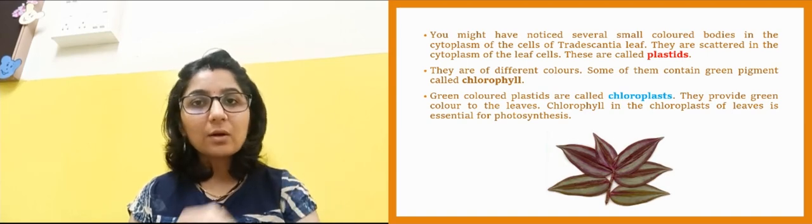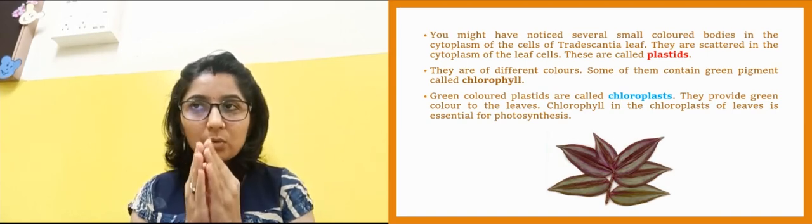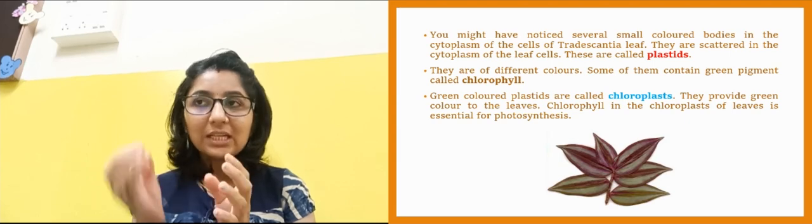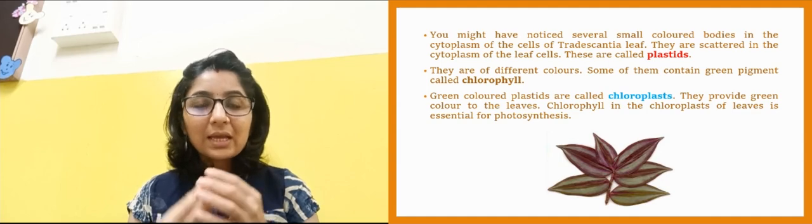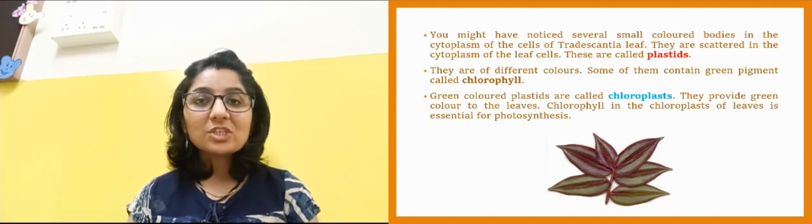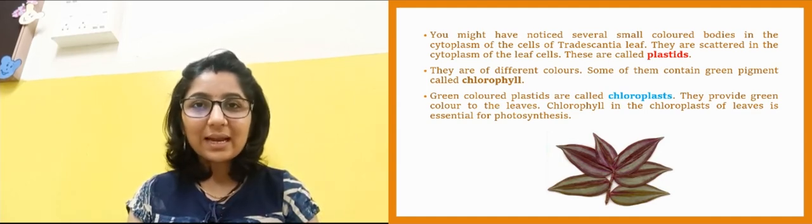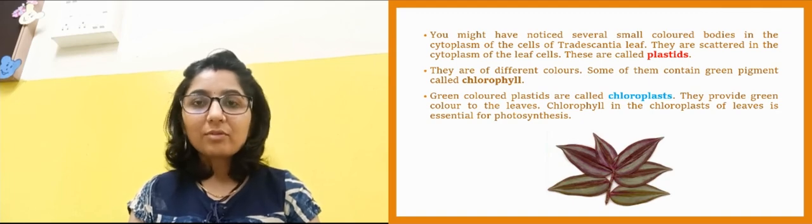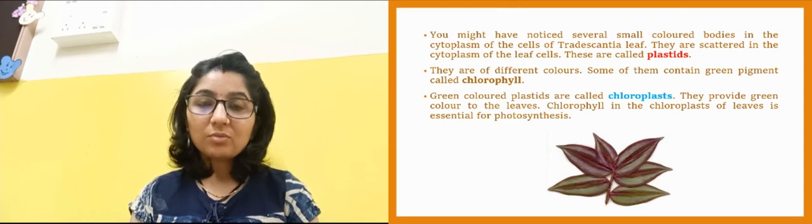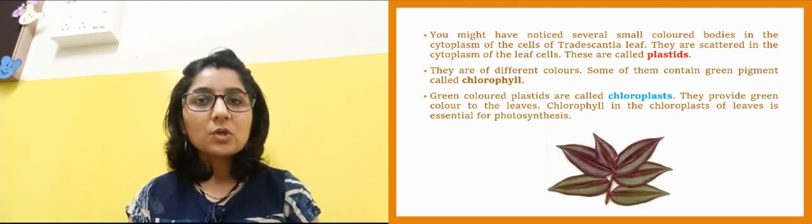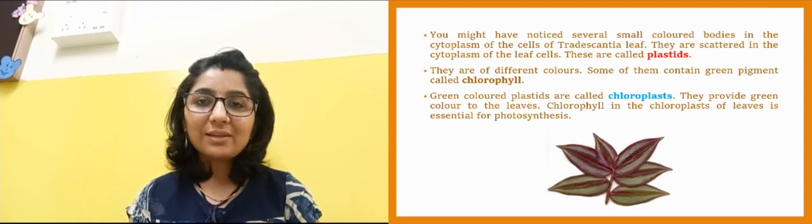If a plastid contains a green colored pigment, that pigment is called chlorophyll, and this chlorophyll is present in the chloroplast. In the chloroplast you would see chlorophyll, which is a green pigment, and this green pigment gives the green color to leaves. We have learnt that. Some plants may have differently colored plastids, and those will give different colors to leaves. You must have seen various colored leaves, as shown in the diagram.